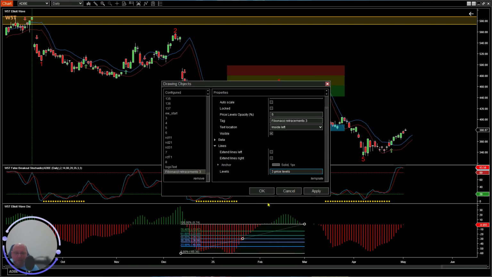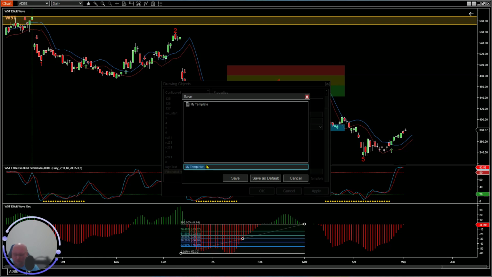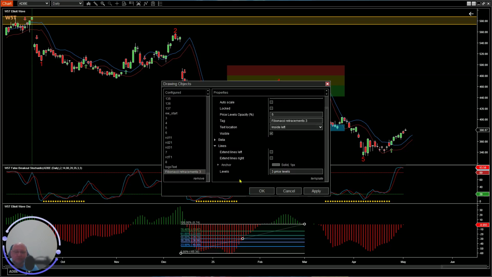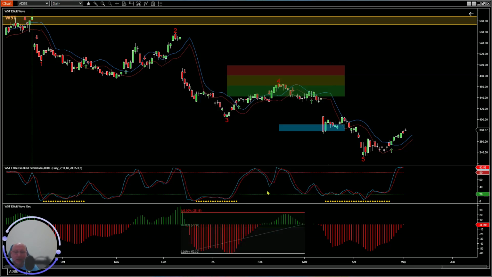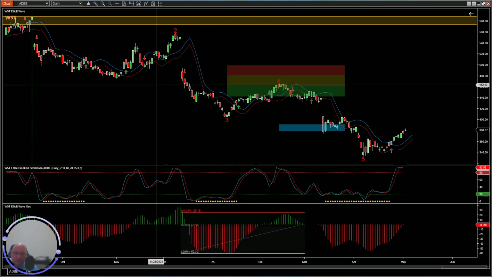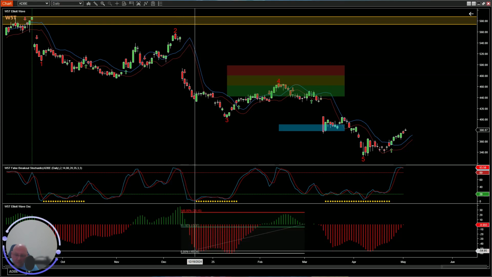I'm going to click OK, but then before I do that, I'm going to save it as a template. I'm going to save it as Elliott Wave oscillator 90 140, so I can put that straight back up again there. So let's save that, click apply, and there we can see, during the wave 3 the oscillator made this